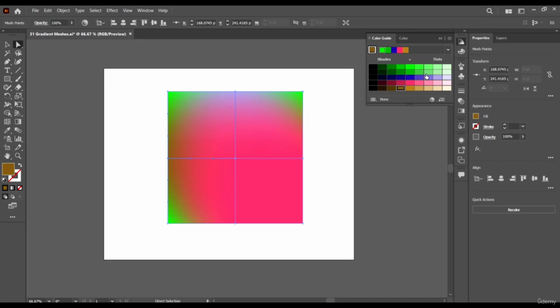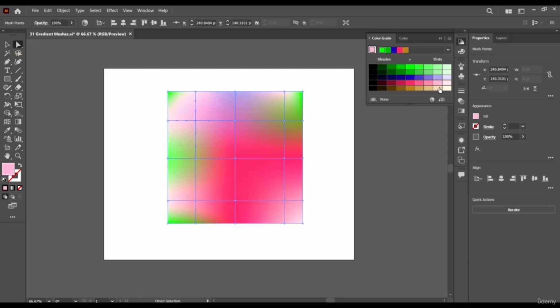So that's all that the gradient mesh tool entails. It allows you to create anchor points to divide your mesh into whatever subdivisions you like, and then assign colors to each anchor point. That's how it works, and this can be very handy in a lot of scenarios.